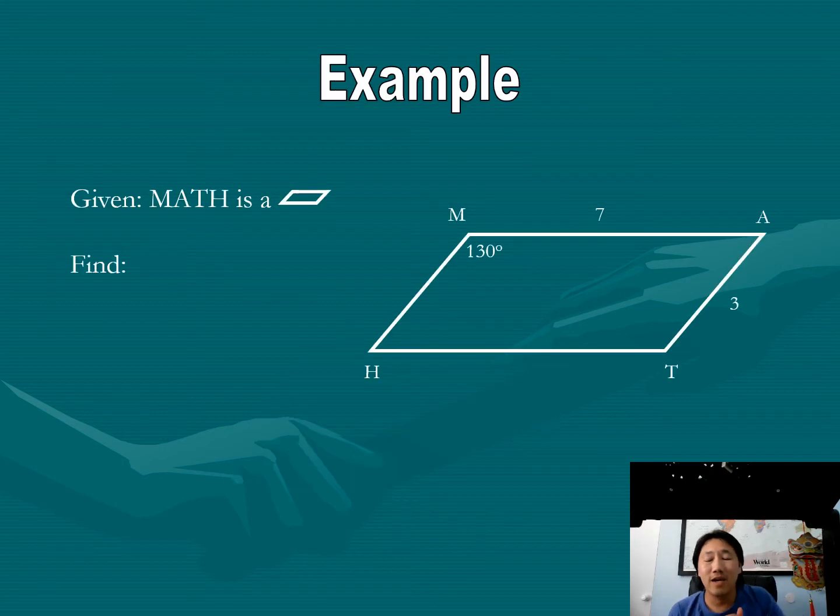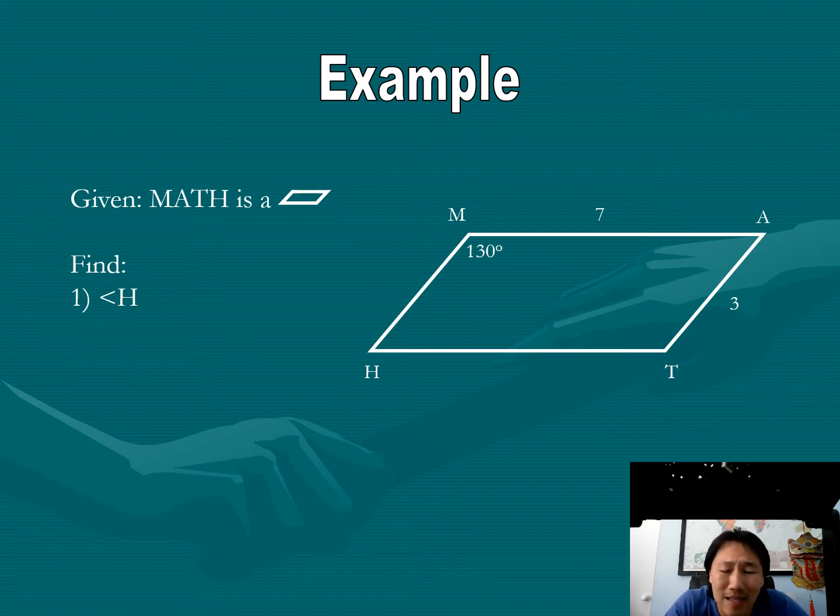All right, let's go ahead and do a fairly easy example. Here I give you a parallelogram. It says given MATH is a parallelogram. So that's the symbol. This right here is the symbol for parallelogram. So as soon as I give you something as a parallelogram, then all of those rules that I just said are now true. If I didn't say this, then none of the rules would have been true. But now that it has been said, then you can use all of those rules